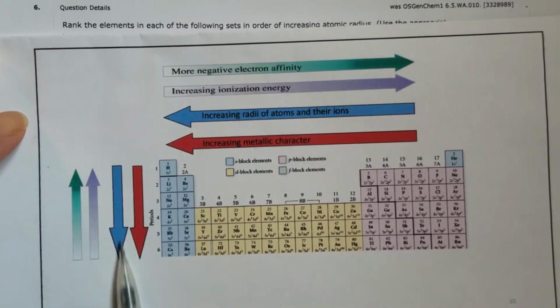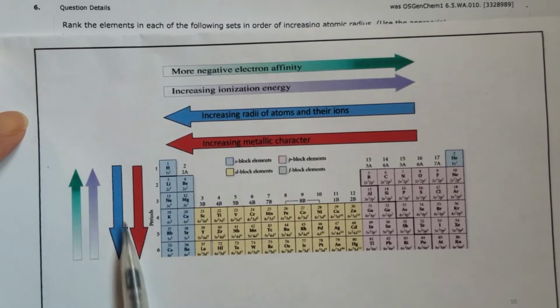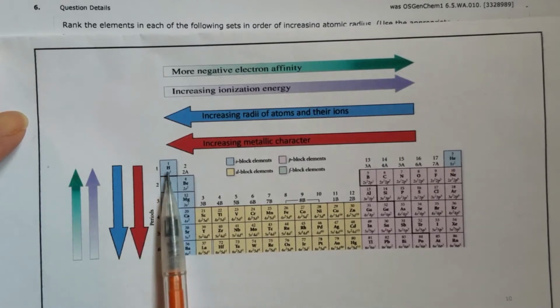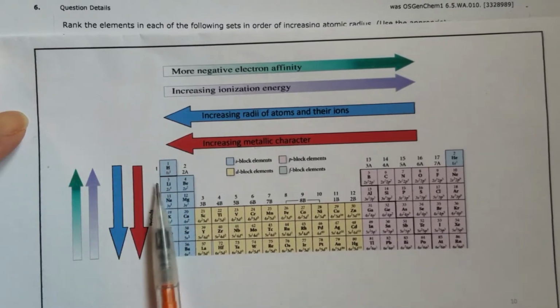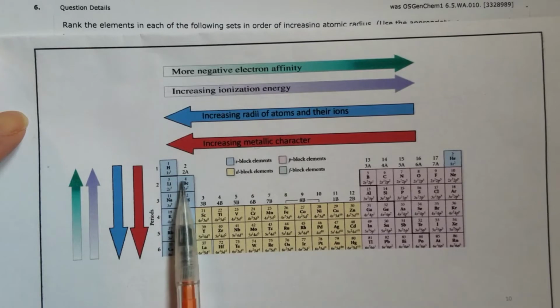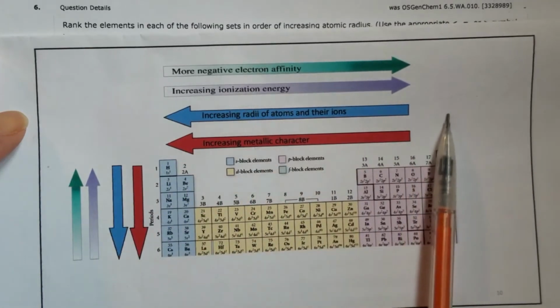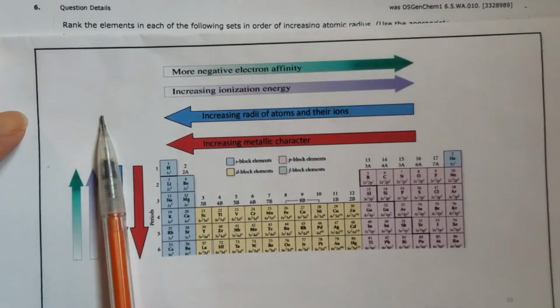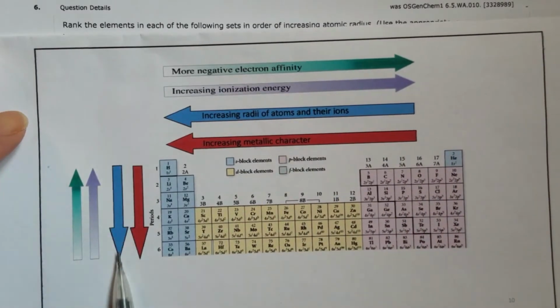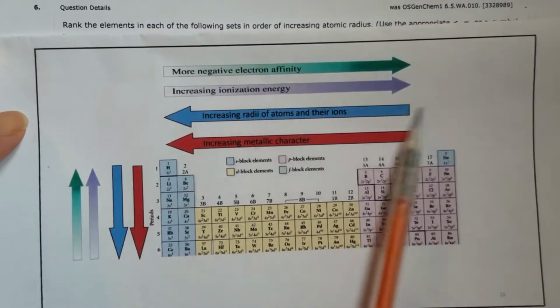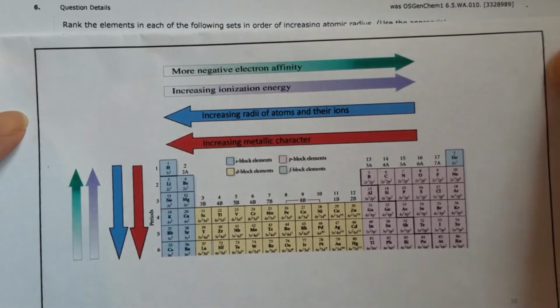From top to bottom, same thing. The ones in the first period should be smaller than the ones in the second period, and so on and so forth. Therefore you simply need to remember right to left, top to bottom, that's the increasing order. Having that in mind,